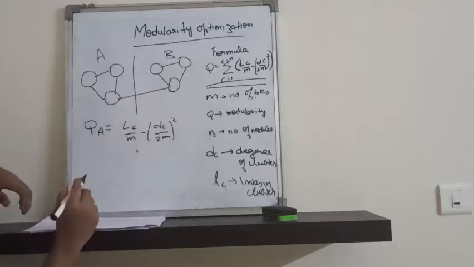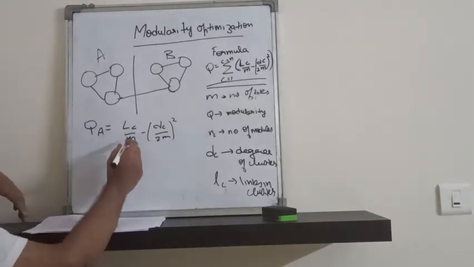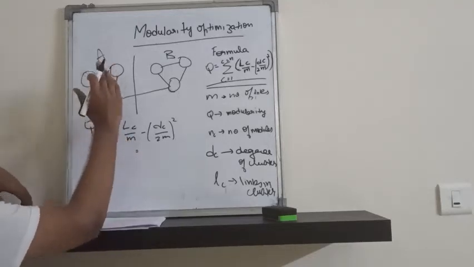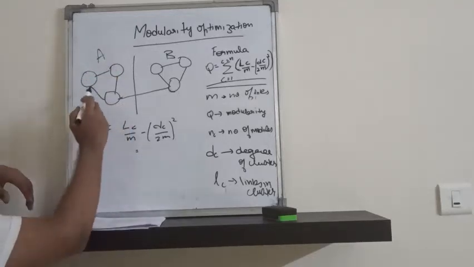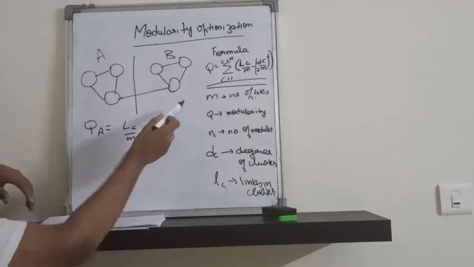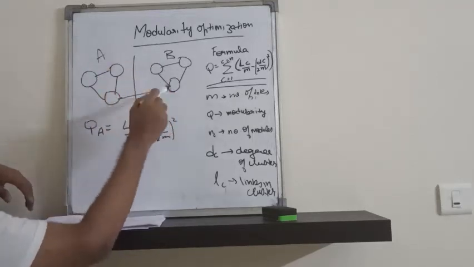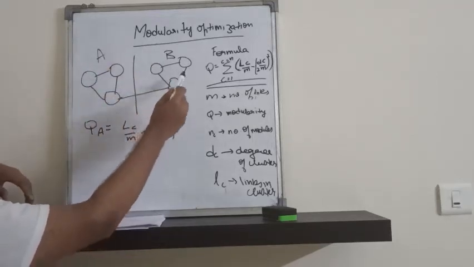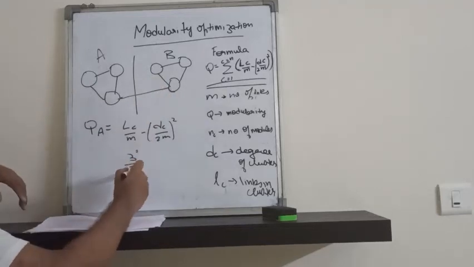Okay, so here now what is LC? LC is the number of links in A. How many links are there in A? 1, 2 and 3. So this will be 3. M is the total number of links in the entire graph. That will be 1, 2, 3, 4, 5, 6, 7. Okay. So this is 7